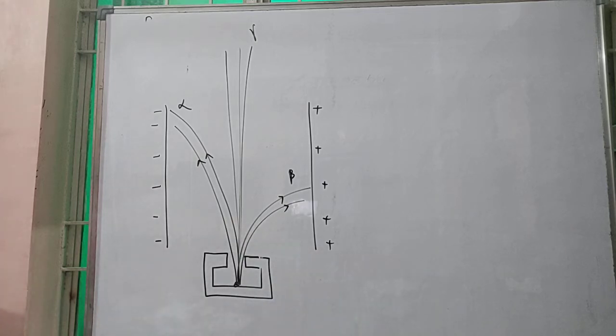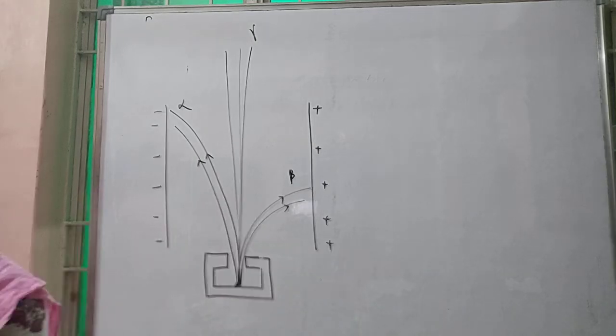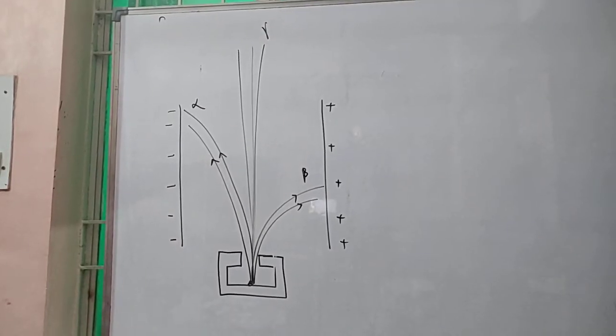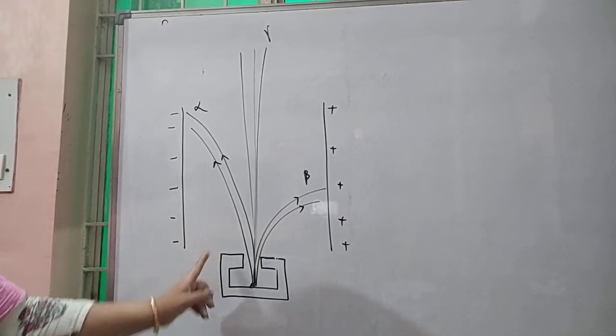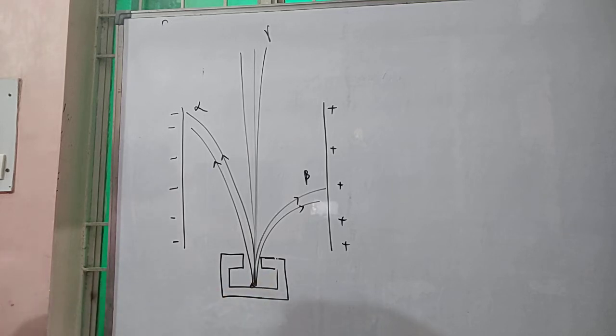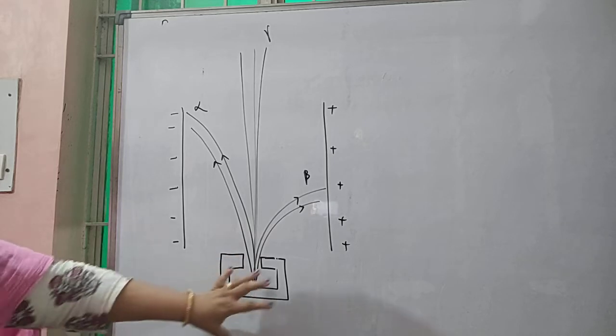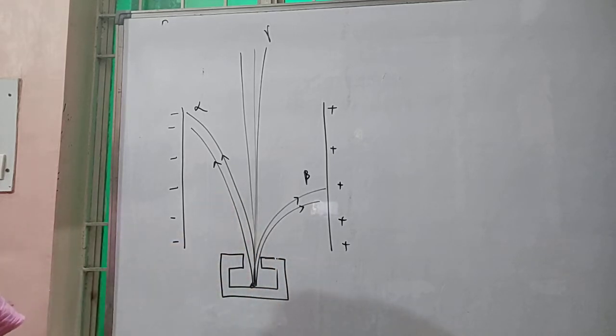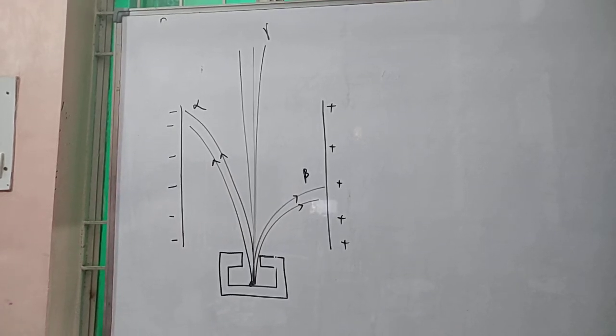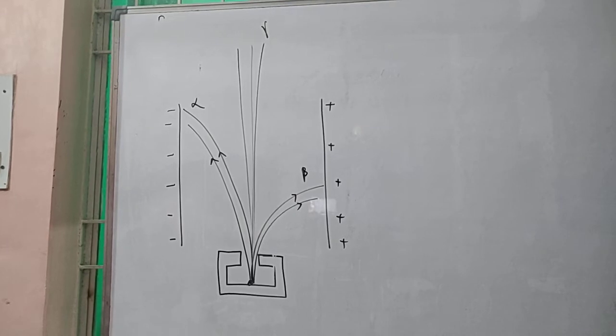Now, the nature of radiation was studied by Rutherford's experiment, in which a simple experiment was demonstrated. A small amount of some radioactive substance was kept in a lead box. Lead is a substance which absorbs radiation. It does not let radiation go anywhere else, only from the place where it is open. A narrow beam of ray emerges from the top of the block, while the radiation coming out of the